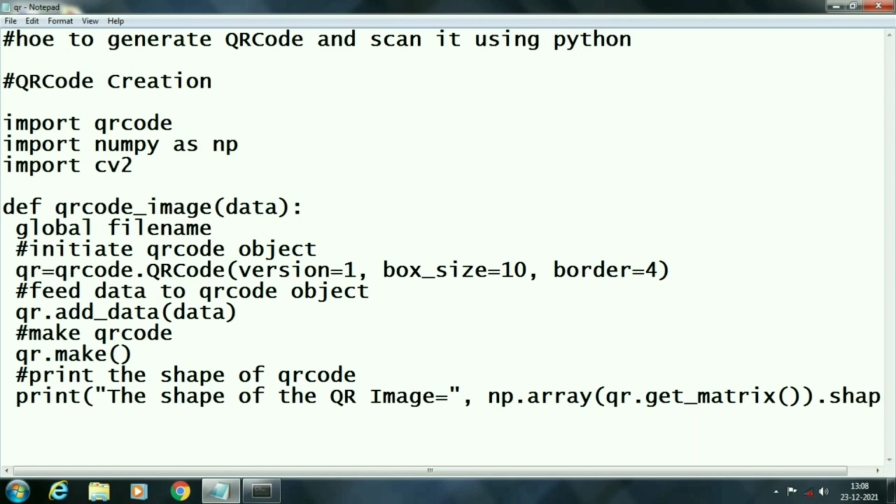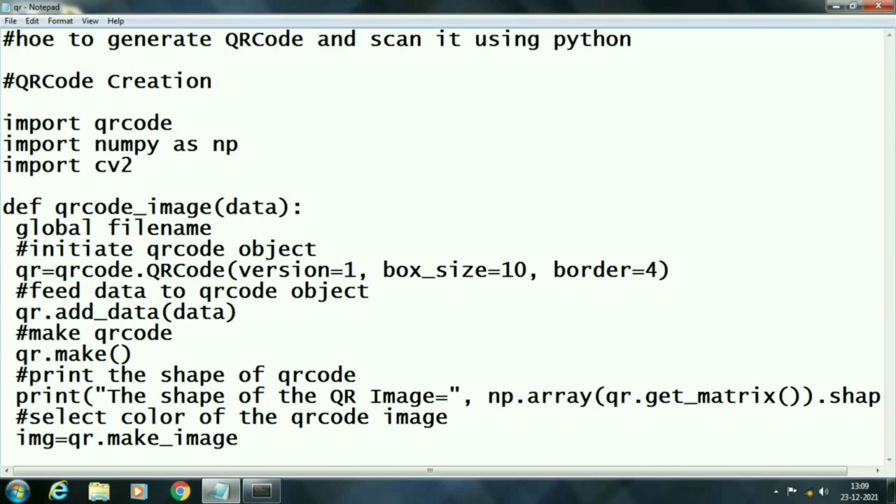Next, we will fix the foreground and background color of our QR image. Generally, the background of a QR image is white and the foreground color is black. Here we will select the same colors. Here we will use the make_image function to paint our QR code.